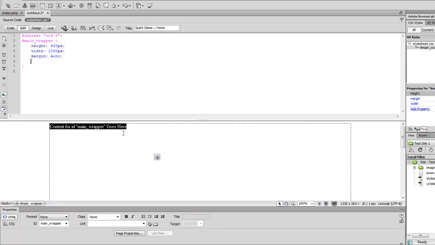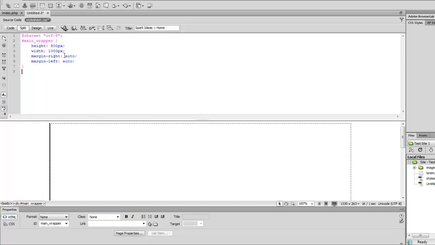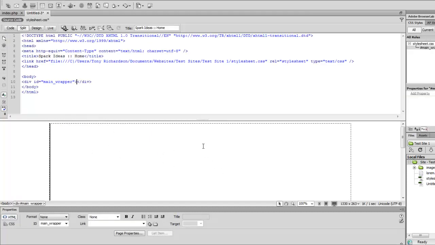But there we go. I need to click in here. There we go. It will have the same effect, but I like to be specific, so we'll go back to source code here. Now inside the main wrapper, I'm sorry, not menu wrapper, main wrapper,